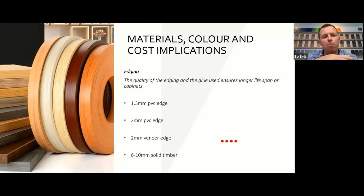These boards would ultimately go through a machine called an edge bander, where it would heat the glue up and apply pressure with rollers to adhere the edging to the board, and then a little router cuts that edging off. With a bigger, thicker edge, you could run a little router on it and give you a very small radius. Then moving up to the more high end,